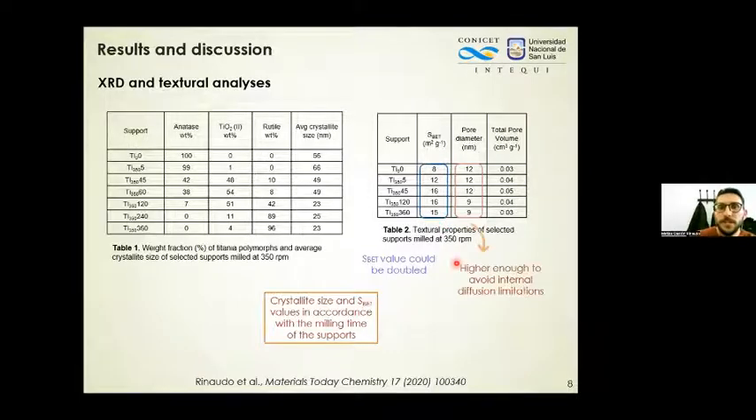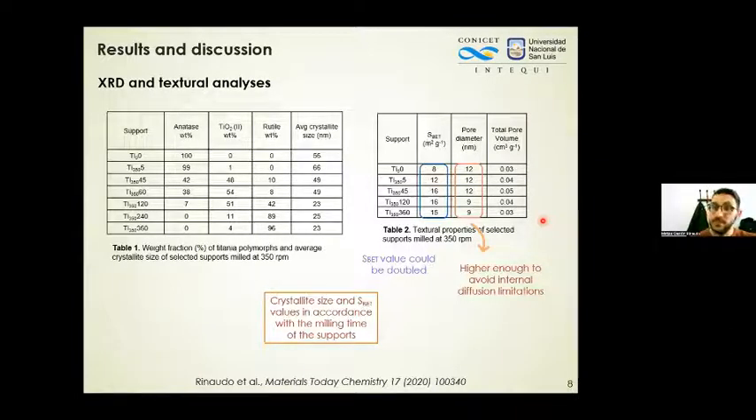and also obtain pore diameters that were high enough to avoid internal diffusion limitations, because if we use big molecules, they could interact with the porosity and it would be difficult to diffuse within the pores. So in this case, the pore diameters were high enough to avoid this limitation. And also, sorry, the total pore volume was lower, and this is the common thing because the titanium dioxide has